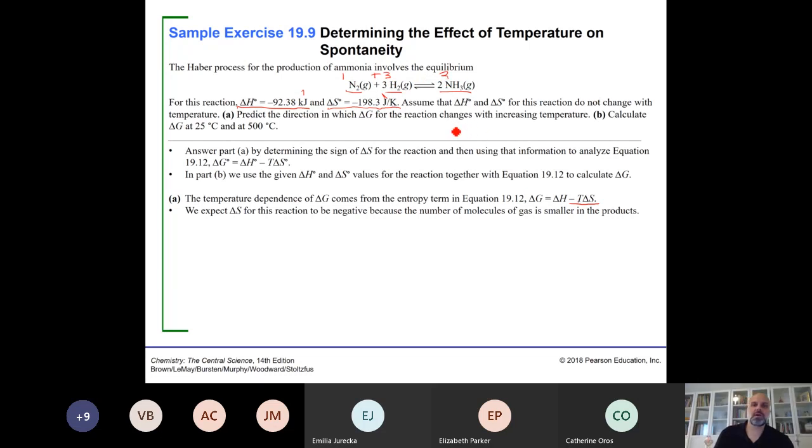So we expect our entropy component to be negative, because we're decreasing the number of gas molecules. Because delta S is negative, minus T delta S is positive. If you think about that from the equation perspective, we have our minus T delta S over here, so minus,